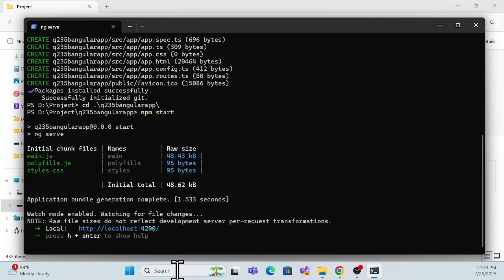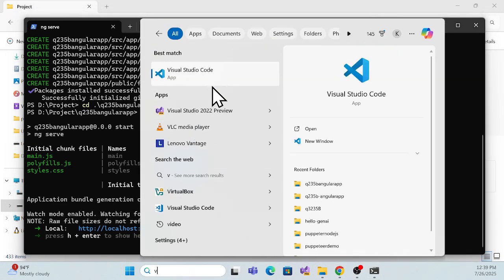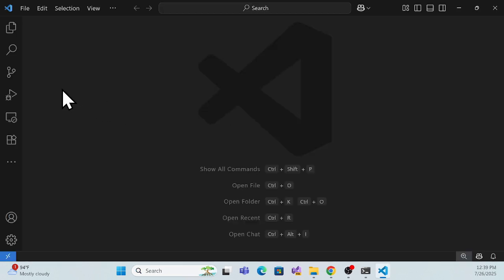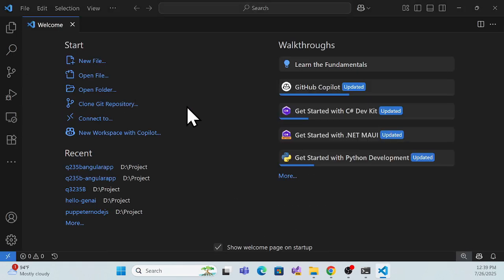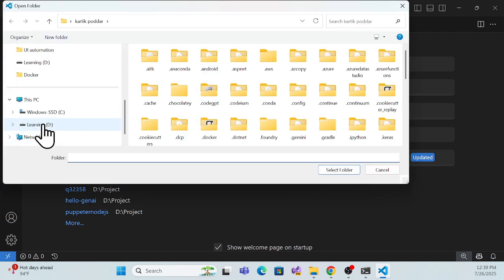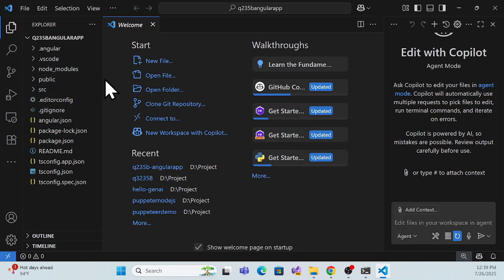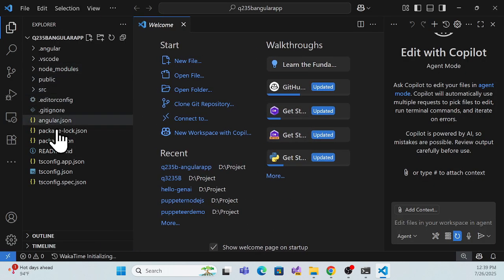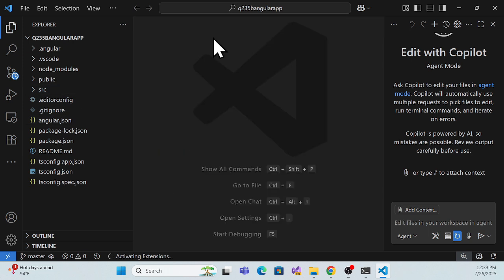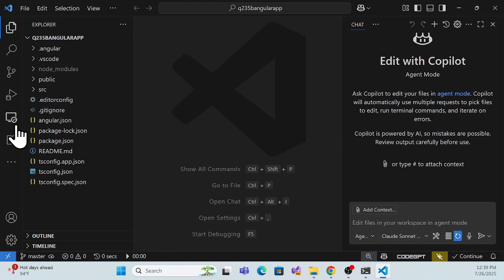So first let me move to VS Code. Open VS Code, open a new window, and here just open a folder, go to the particular directory we just created. So I created it over here. This is my application, and you see this is the complete folder structure and all, there's nothing else. So now to integrate the Qwen 235 billion parameter model,